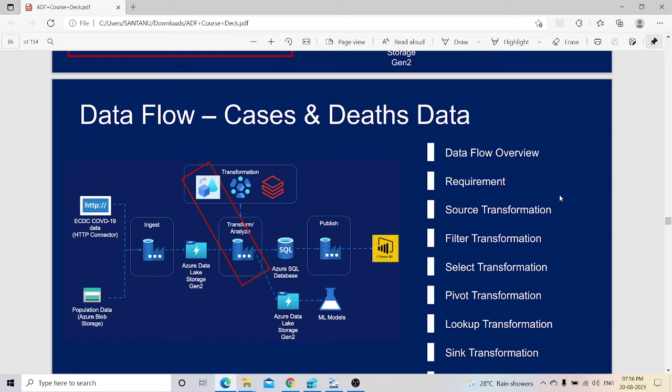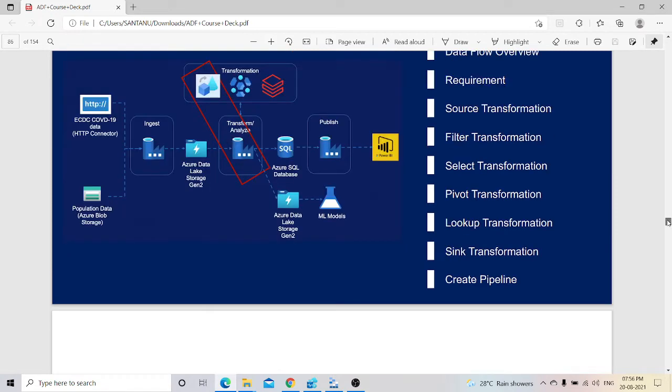After that we perform select transformation, then pivot transformation, then the lookup transformation, and finally the sink transformation. Note that we can't directly debug the data, and to debug this file and save it into data lake storage, we need to perform the pipelining operations for this particular data flow. We'll be looking into that in detail.